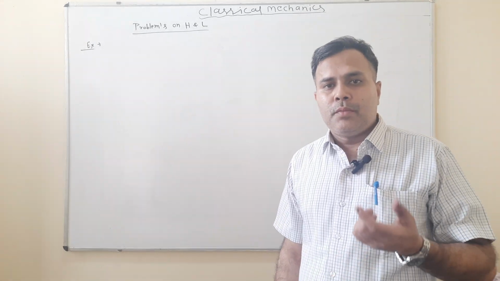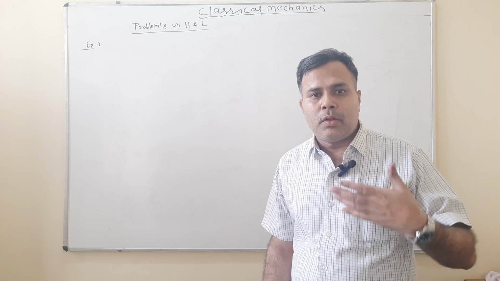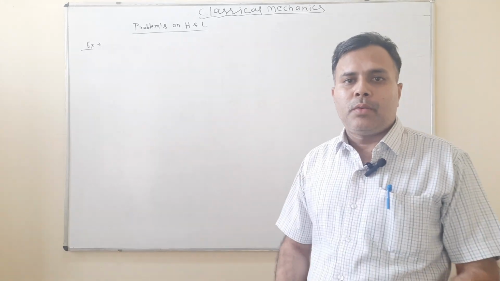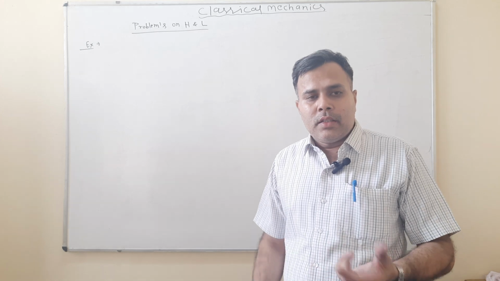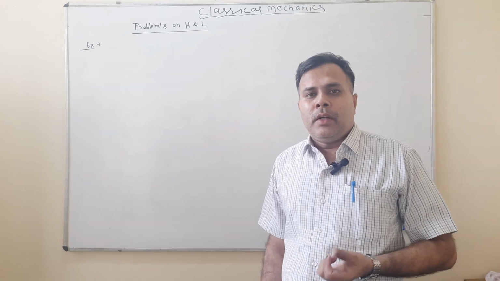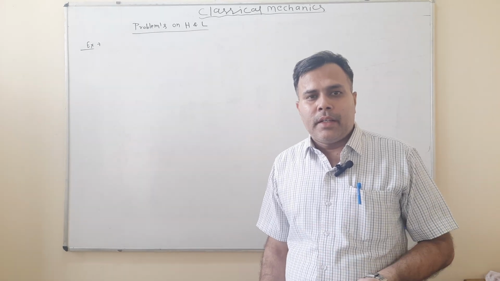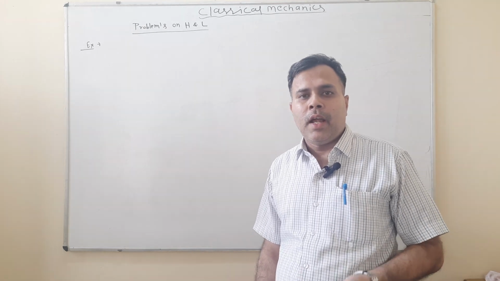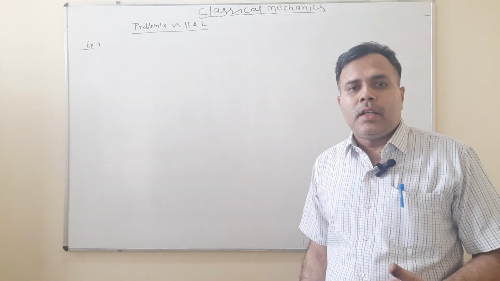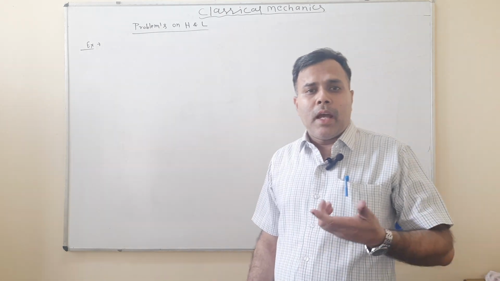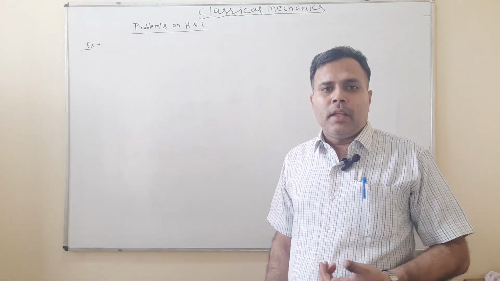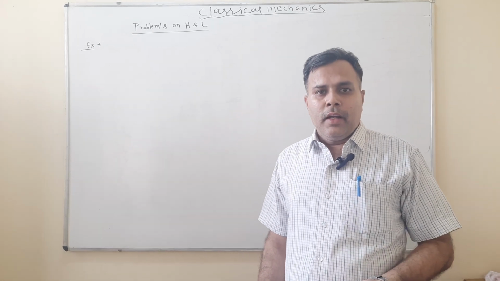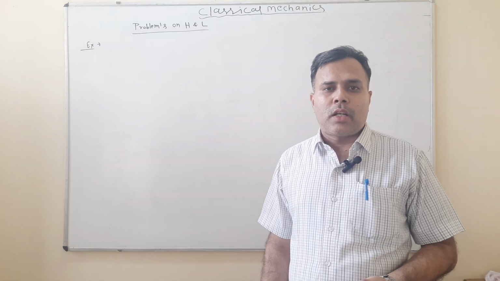In this lecture I am just going to solve a few examples to understand the concept of Hamiltonian dynamics. In this lecture especially I will discuss how, for a given Lagrangian, to construct the Hamiltonian, because in an earlier lecture I have already constructed the Lagrangian. So if we have a Lagrangian, how do we obtain the Hamiltonian expression and the corresponding Hamilton's equations of